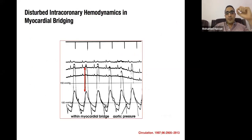If you put the pressure wire within the myocardial bridge, you will find an overshooting. Actually, there is shouting of the systolic pressure, and here you find a diastolic gradient. That's why it's important, if you want to assess the functional significance of myocardial bridge, there is some actually case